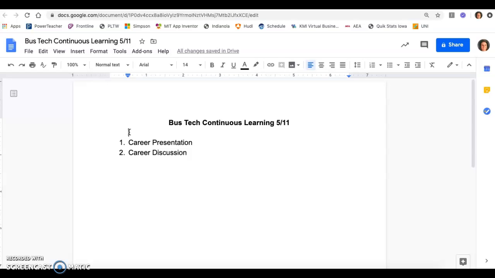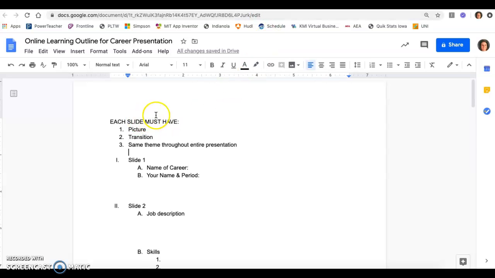The 2 tasks for this week are a career presentation and then participating in a career discussion. So you guys have mastered the skills that you need to know, and now we're just applying them to different concepts. So for our career presentation, every slide must have a picture, transition, and you must use the same theme